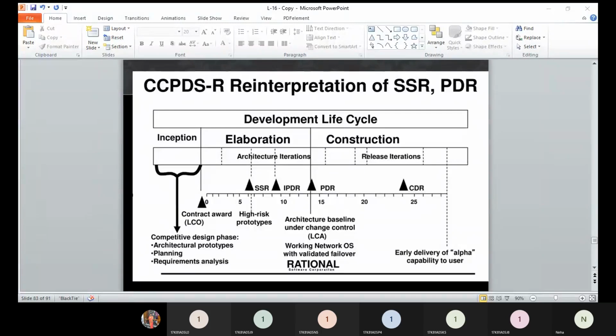And the second one was full scale development. Full scale development is about your elaboration and construction phases. Elaboration and construction is about the different parameters which came in the form of milestones that were completed from time to time. Okay, so these are some things that we have to remember related to this. And with this note, I'm completing today's session.